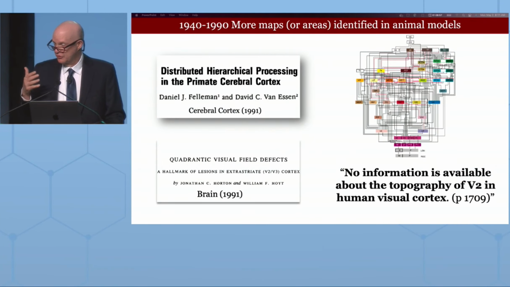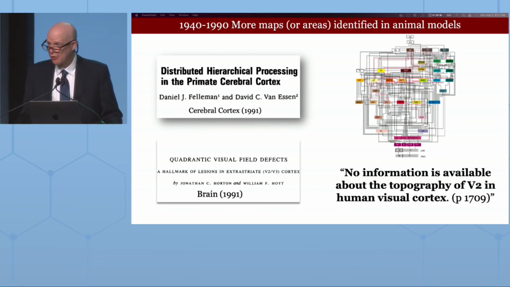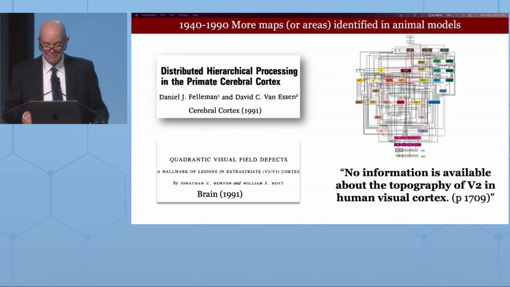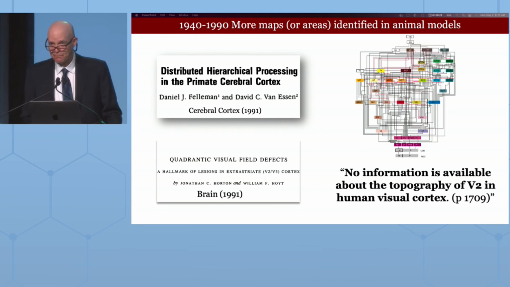After the 1920s, there's the discovery of a new generation of technologies so that people could make very precise measurements in animal models using electrophysiological measurements. By the 1990s, we had a really pretty good understanding of a lot of what Dave Van Essen would call visual areas, some of which were maps. This famous diagram here from Dan Felleman and Dave Van Essen is widely known and widespread to give a sense of these animal models.